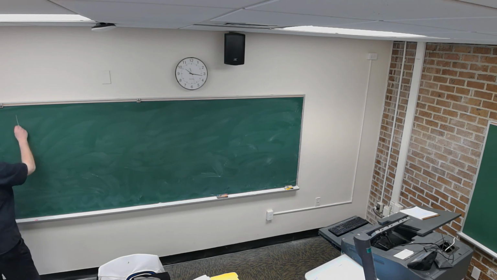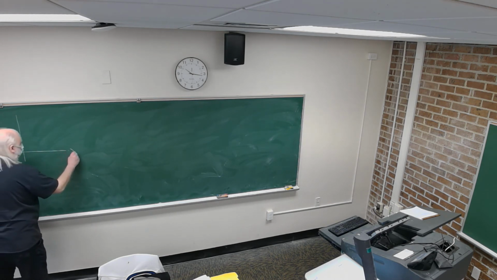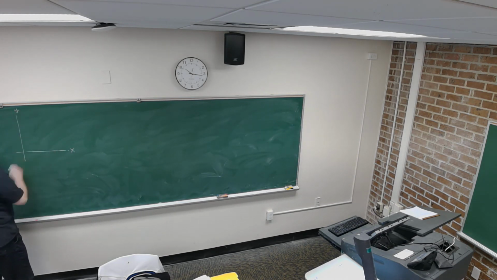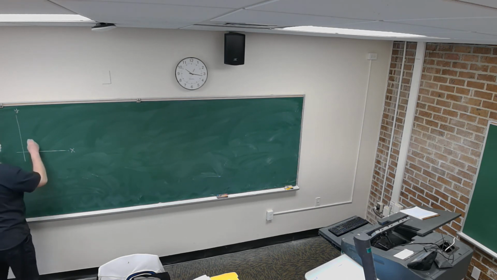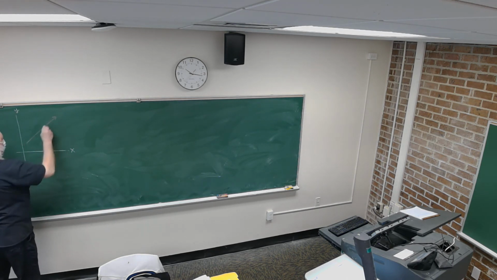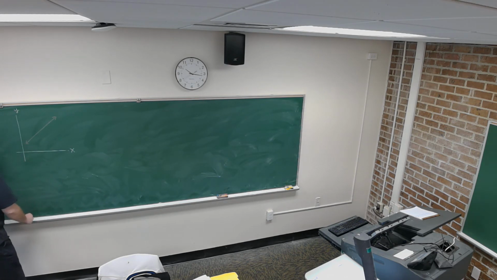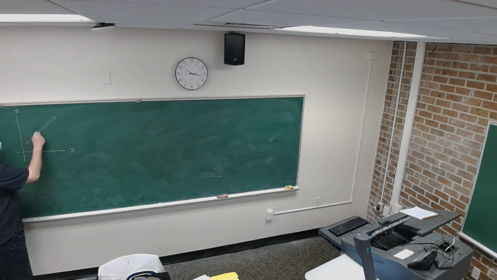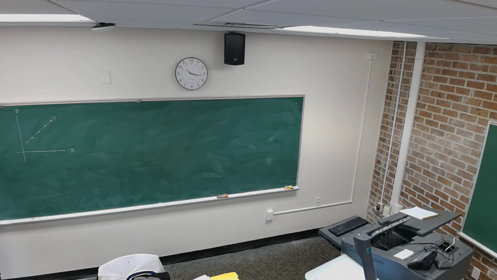So let's just do a little review here. Coordinate plane, and here's the graph of a straight line, right? You know that the steepness or the slope of the line is the same at every point on the line, right? So to find the slope at every point on the line, you only need 2 points on the line. You calculate rise over run, and that gives you the slope at every point on the line. Well, in calculus,